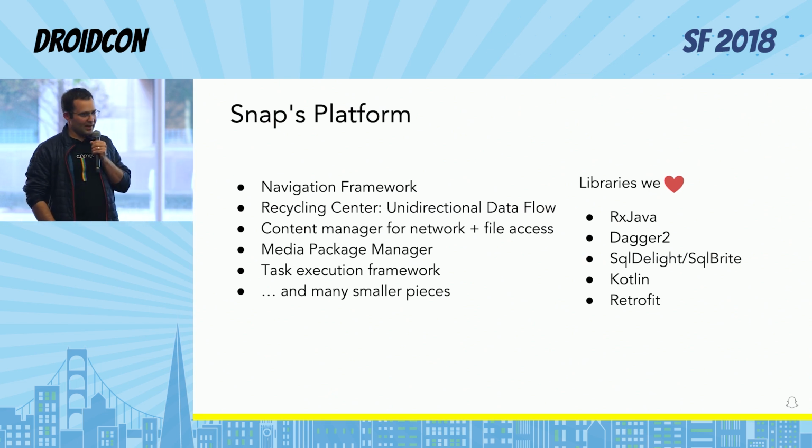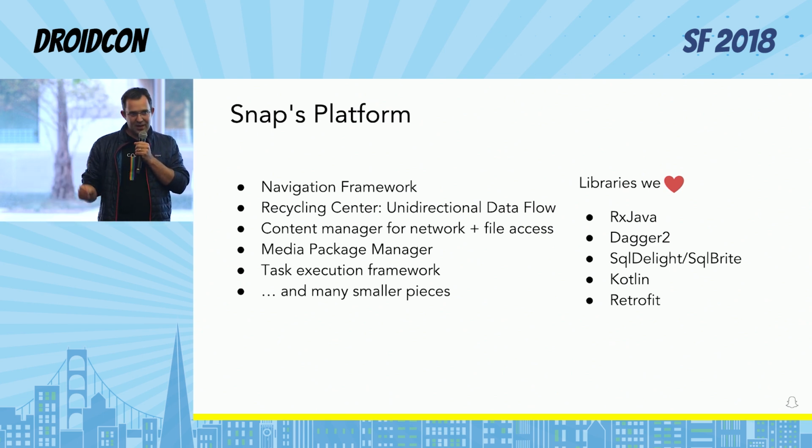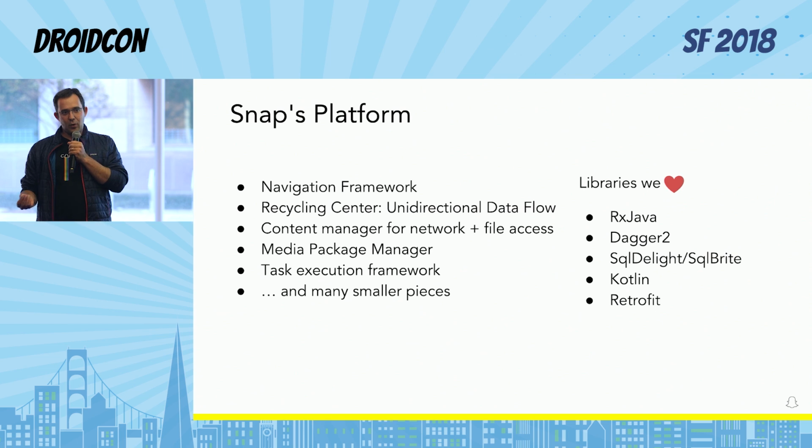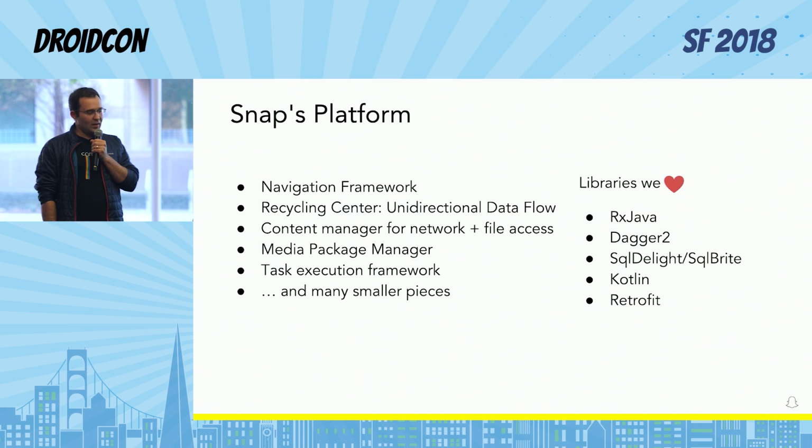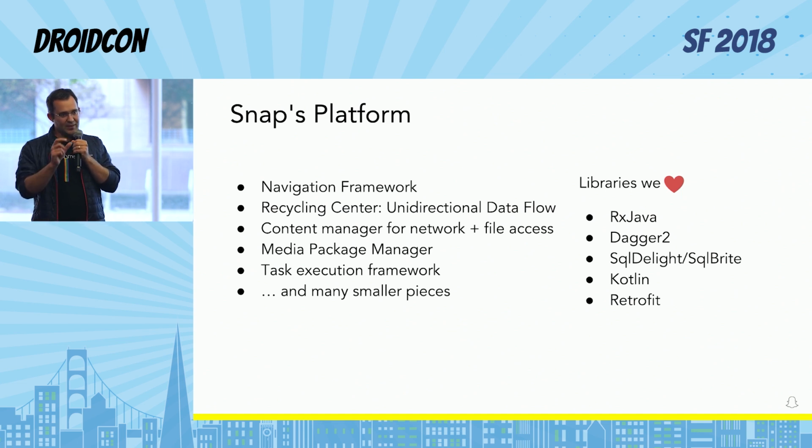But even with the abundance of excellent software out in the open source community, there were still a number of problems, some specific to Snapchat, some not, that we felt like we needed to build our own libraries to support. I think most notably is a navigation framework, which is very unique to Snapchat. We have a very swipe-heavy experience. So even though we got started before the navigation framework was announced at this year's Google I/O, I still think we would have had to do our own just because of the extreme nuances that we have in our user experience. In addition to that, we have a framework for managing UI, mainly for recycler views,